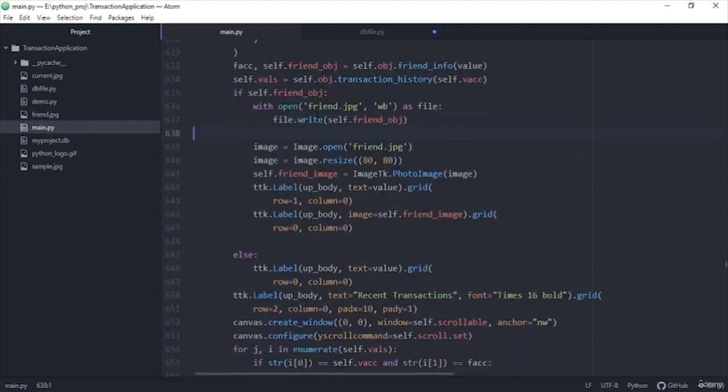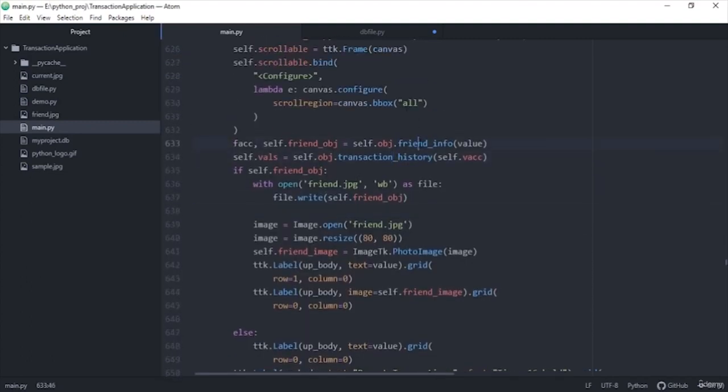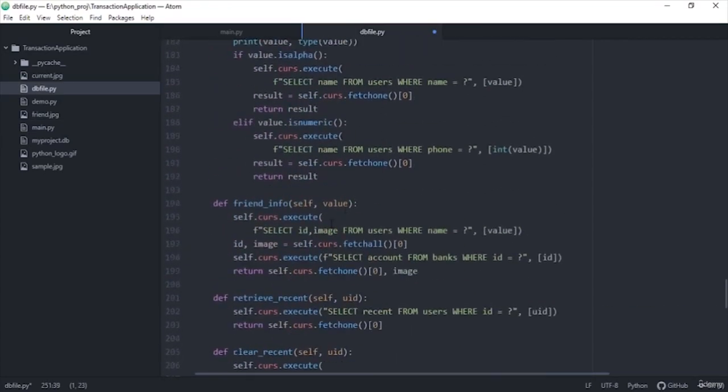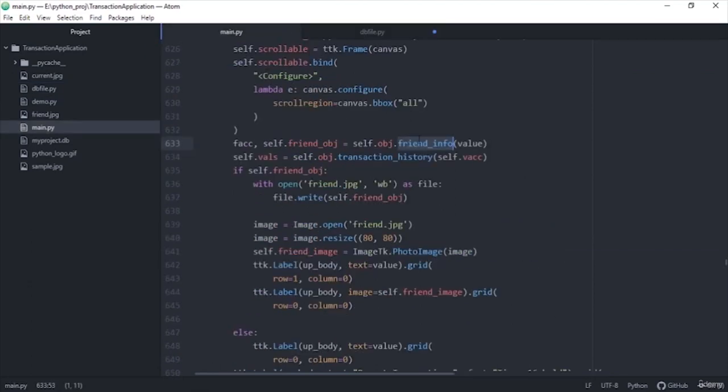For that, we are getting the friend info from this function, which gets the image from the user, and the balance if it's necessary. We are sending the image value, and this is the friend object's image, which is the binary image, and we are creating a new image, friend.jpg, and in